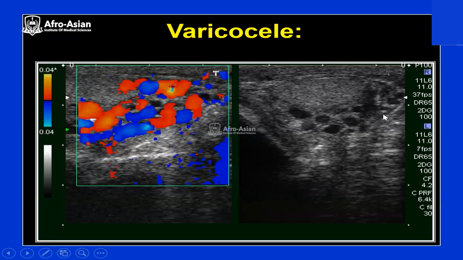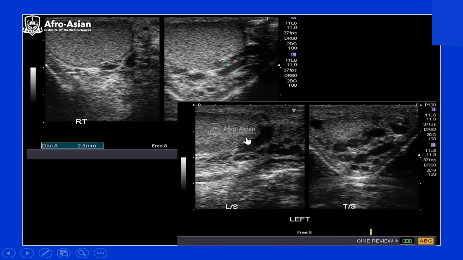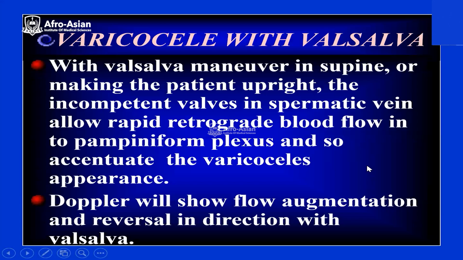Here in the groin, we have vessels. These are the varicoceles, dilated vessels. Here we have a scrotum, testicle, rete testis, and dilated vessels. Here again,